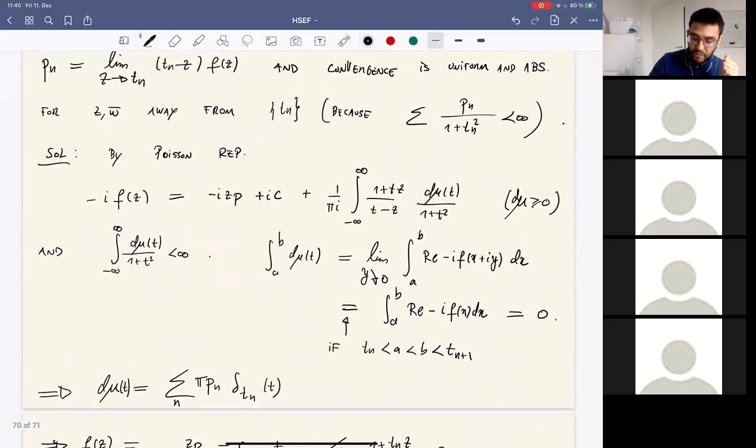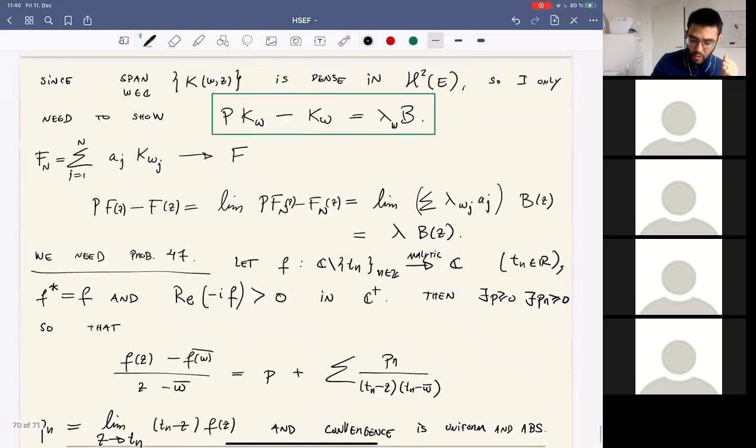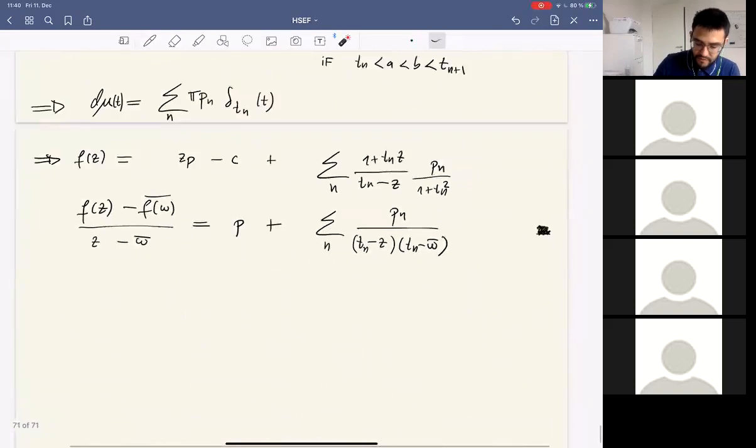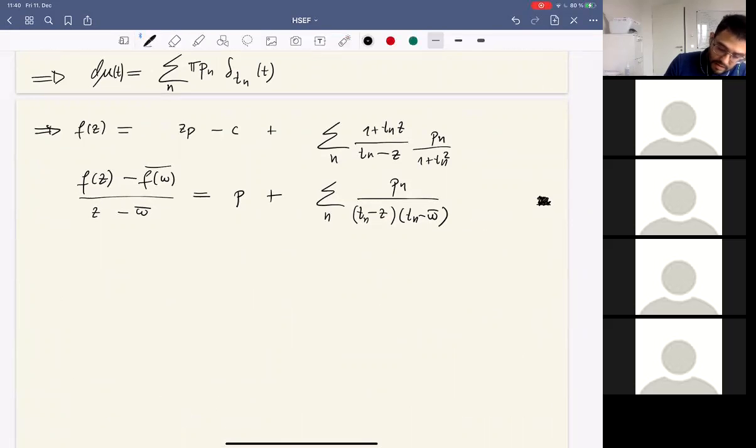Okay, so let me go back to the theorem. What we needed to show was that this is true for every w. Okay, and this would be a straightforward application of the result of the problem. So applying problem 47 to, and what's the function I need to apply this problem to? To this guy here,